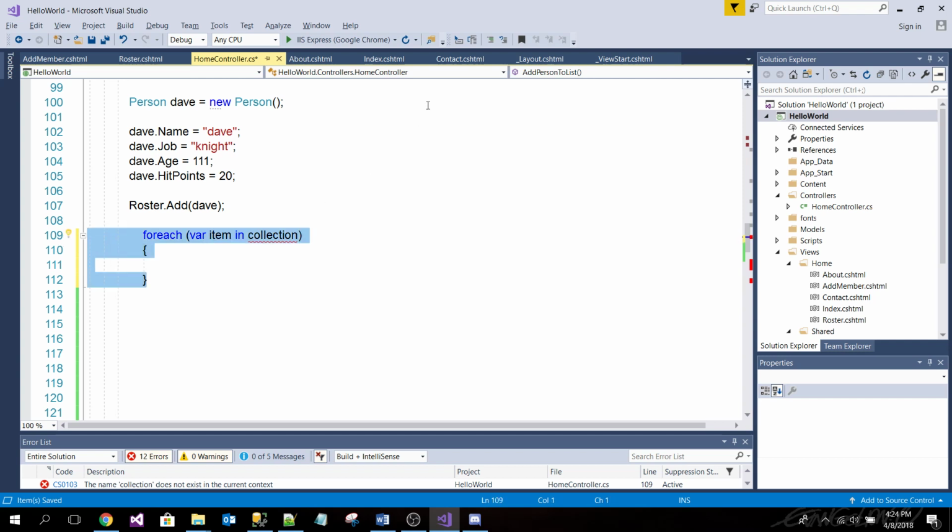Roster. That's right, roster. Let's see. Oh man, where are my things to move my code left and right? Yeah, I'll do that later. So roster. In here, instead of collection, you take that away because our collection is going to be called roster.